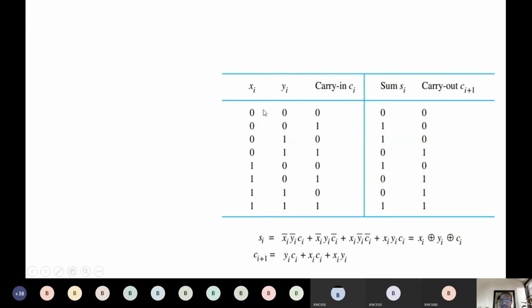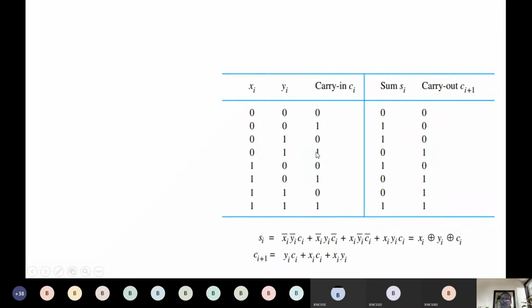Okay. And the carry will be this one. So when we add these 3 numbers, we already know the sum will be 0 and no carry out from here. So when we add these 3 numbers 0, 0, 1, sum will be 1, but no carry out from these pairs. From adding X, Y and the carry in, we don't have any. Where do we have the carry? Here you can see X is 0, Y is 1 and carry in is 1.